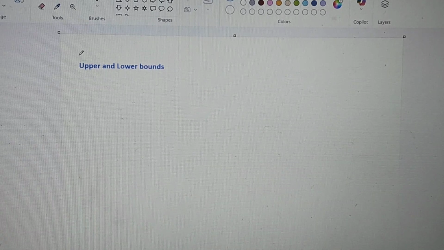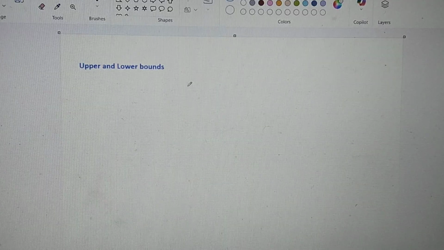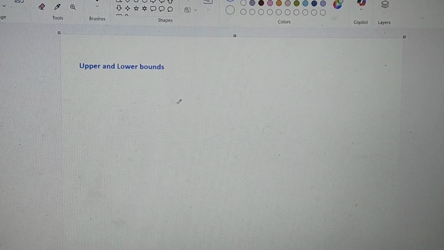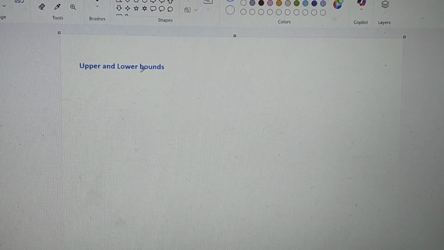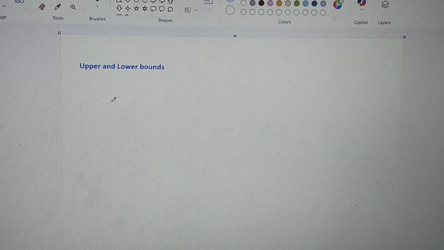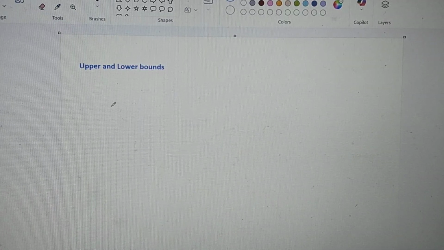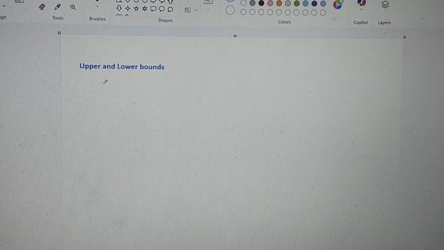All right, upper and lower bounds. When you look at upper and lower bounds, you're looking at a number that has already been rounded off to a certain amount: what could the smallest or greatest number be? Your upper bound generally isn't the biggest number it can be. It's normally the limit beyond which you couldn't go, a number bigger than what would have rounded down. So, for example, if I said the number